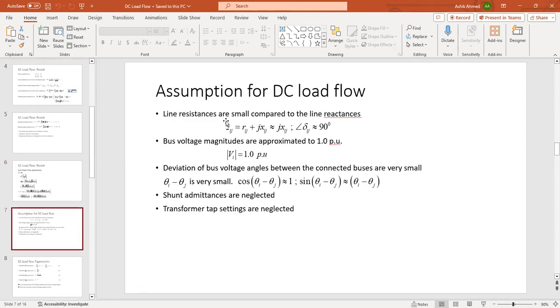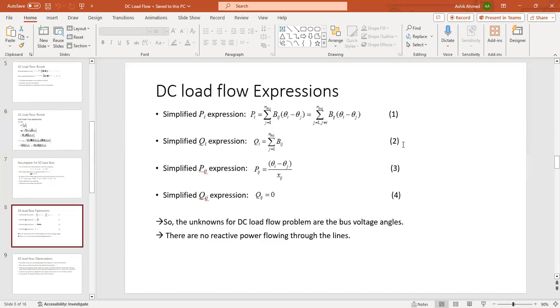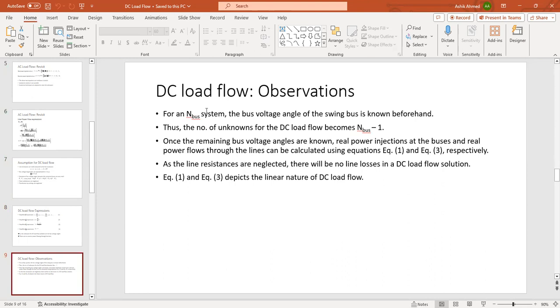And then we had the assumptions of the DC load flow. Once we adopted all these assumptions, we came up with the expressions presented in equation 1 up to equation 4, which is summarized here. Okay, so in the DC load flow formulation, we can say that for an N-bus system,